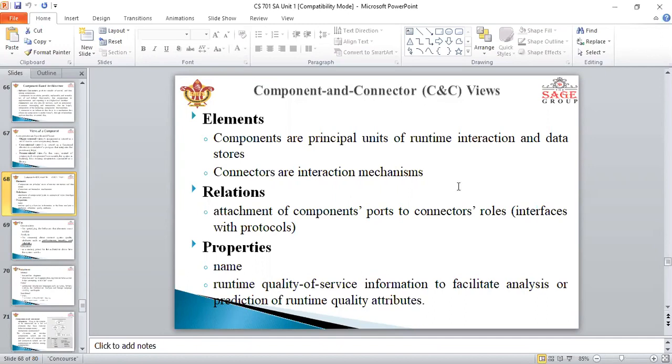Relation means attachment of the component port of connectors, role and interface with the protocols. And properties having name, runtime, quality of service information to facilitate analysis or prediction of runtime quality attributes, right?